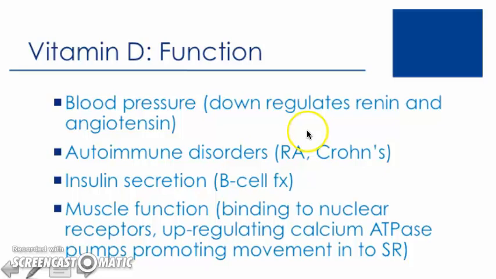Also, we see that there are beneficial effects to reducing the incidence of different autoimmune disorders. It promotes more normal insulin secretion and also promotes normal muscle function by binding to nuclear receptors that are involved in upregulating calcium ATPase pumps, which promotes movement of calcium into the sarcoplasmic reticulum. You won't need to know all of the details of this, but just generally be familiar with the fact that vitamin D is also involved in muscle function based on its effect on the calcium movement into the sarcoplasmic